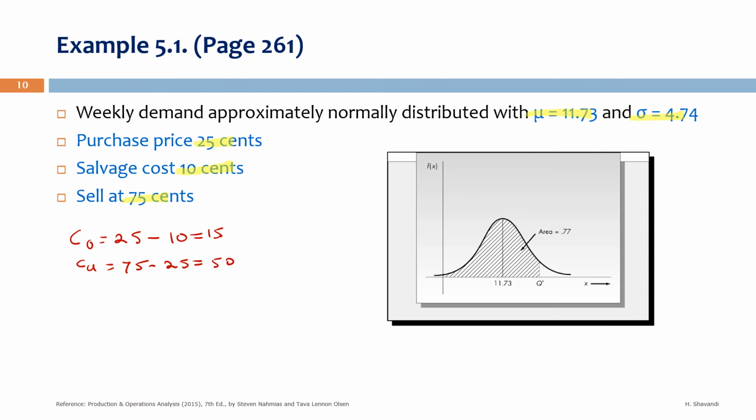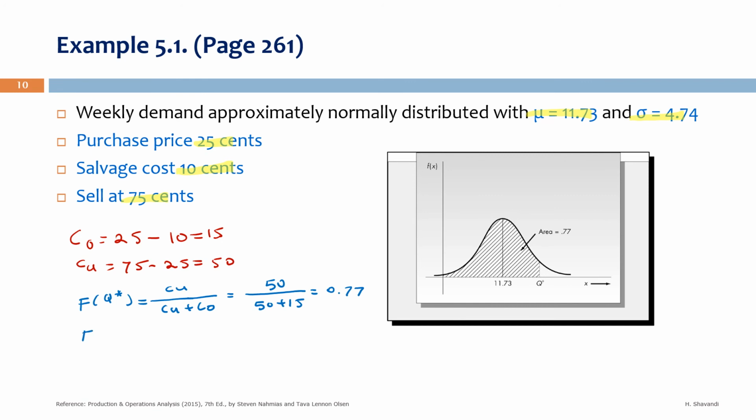So 75 minus 25, which is 50 cents, we are making a profit of 50 cents per unit. And if we face a stock out situation, we are losing this profit, so the CU or underage cost becomes 50 cents. Okay, now we do have the CO and CU. So the equation for obtaining the Q star is CU over CU plus CO, right? So it will be 50 divided by 50 plus 15, so it becomes